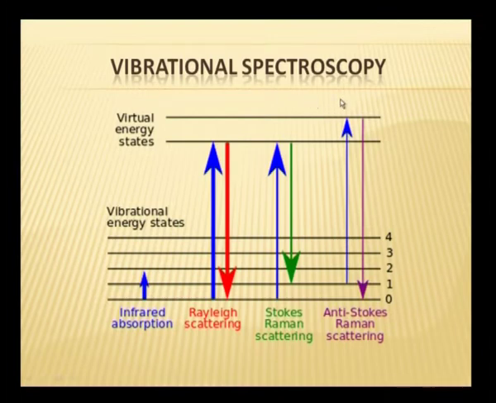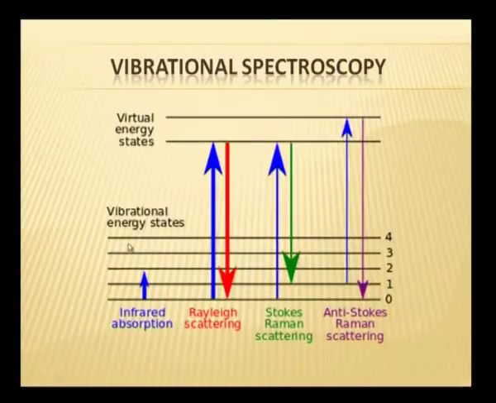What is meant by vibrational spectroscopy? As I told you about the electronic spectroscopy, similarly here you have to know the vibrational energy levels, vibrational energy states. They are the eigenvalues, this is one eigenvalue, this is another eigenvalue. So, the eigenvalues for the oscillators. What is oscillator, what is oscillating? The atoms are oscillators.